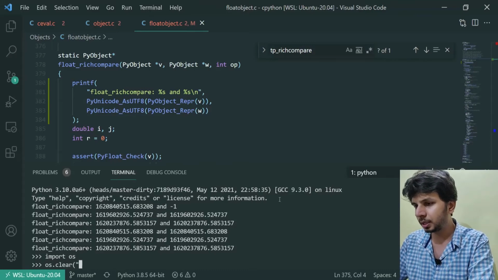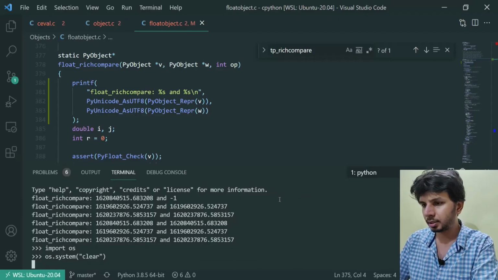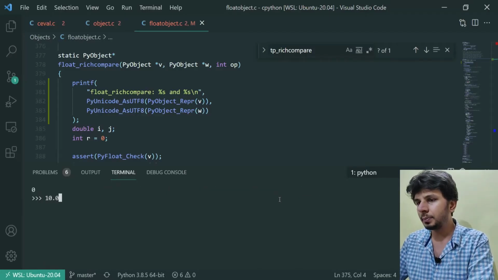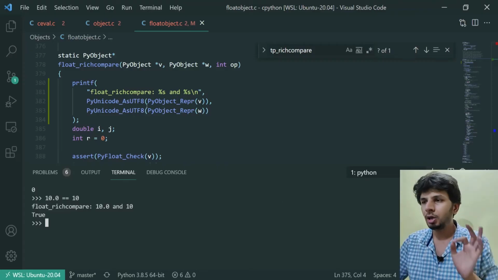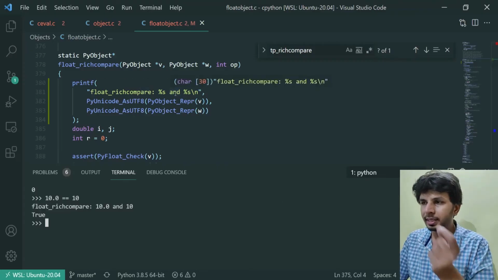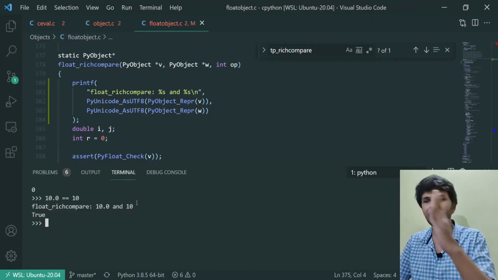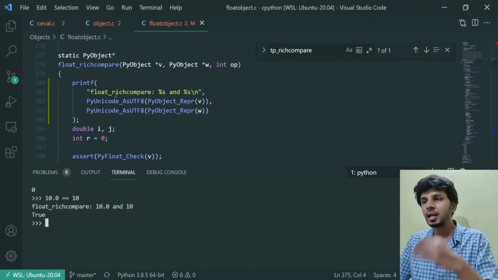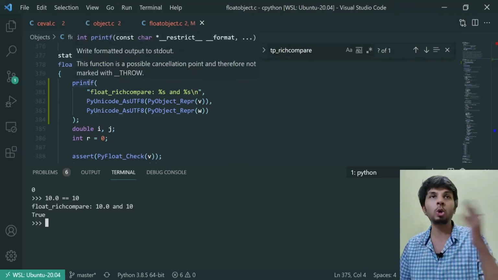You can ignore this part. Yeah. So I'll do 10.0 equal to 10, and indeed it printed float_richcompare %s and %s. Basically it is trying to compare 10.0 and 10, which is the left argument and the right argument, right? So we are pretty much sure that this is where the core logic is written.